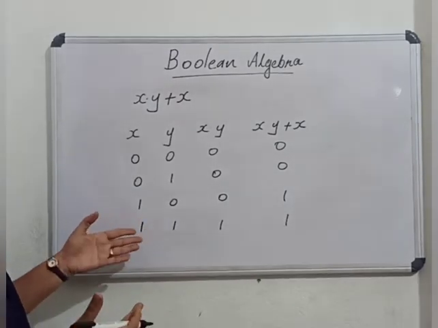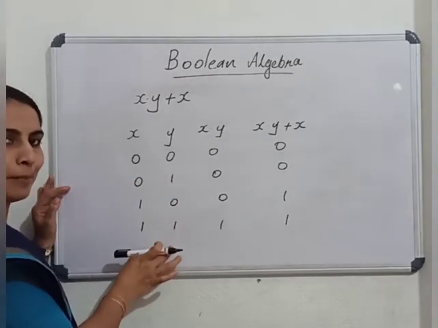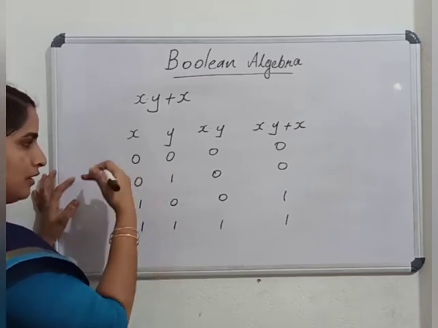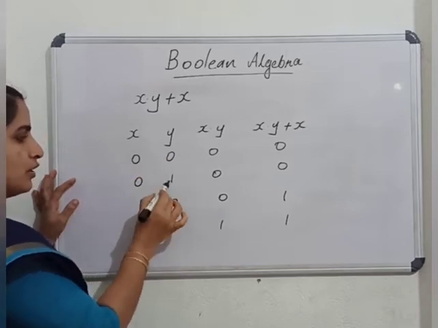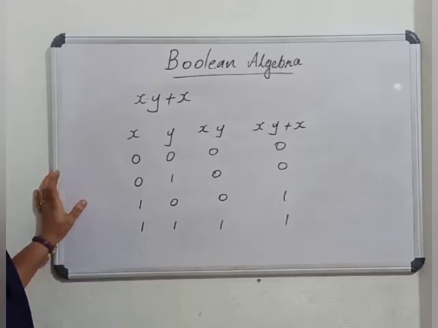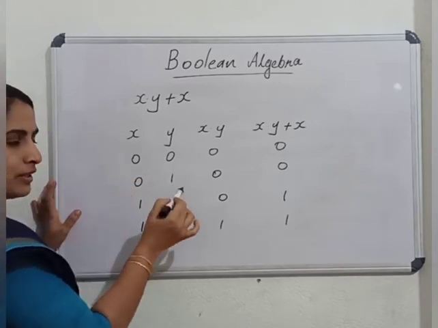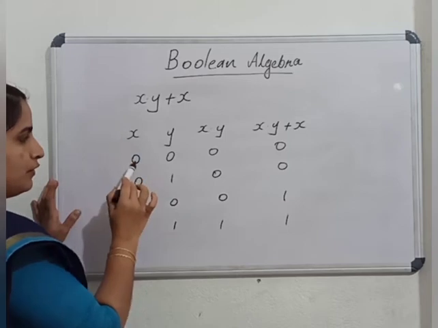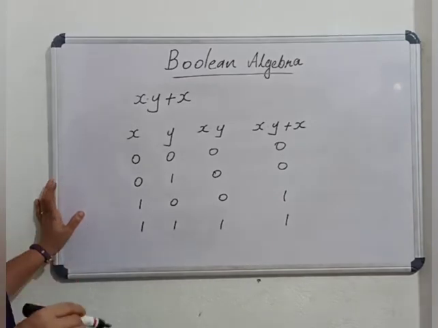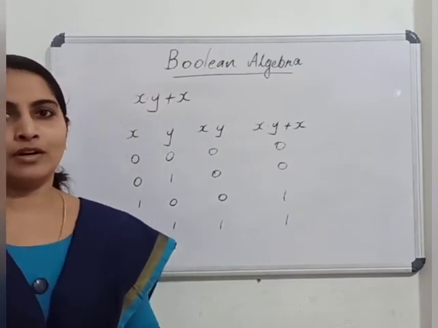Then there may be some confusion related to these inputs. For that, there is an easy way to find the input combinations. Either you write all the binary numbers in the regular way, 0 0, 0 1, 1 0, 1 1. But if it is a three variable or four variable case, you may get confused. So to overcome that, you can use either the former method or this method. First, you have to decide how many combinations there are, so that we can conclude how many combinations there will be in all the input numbers.